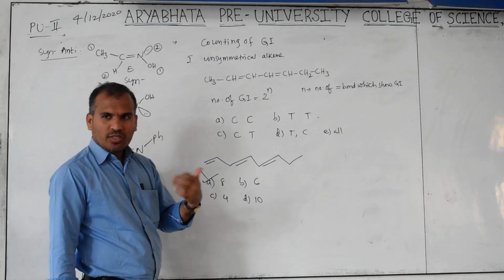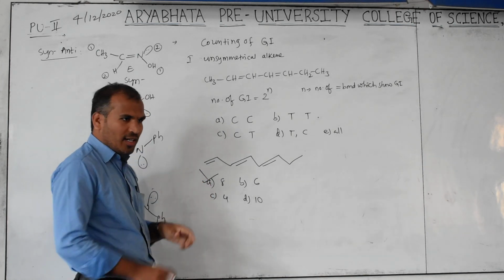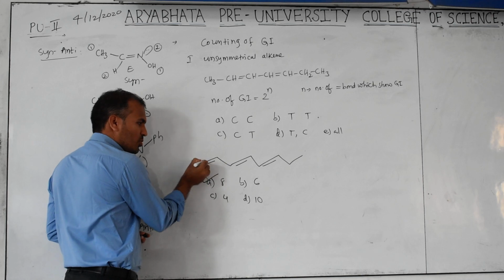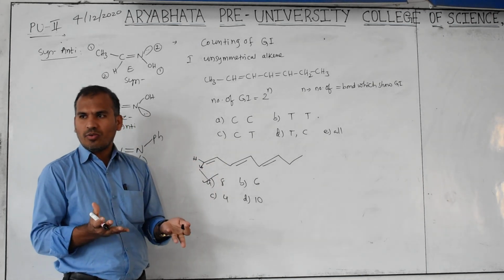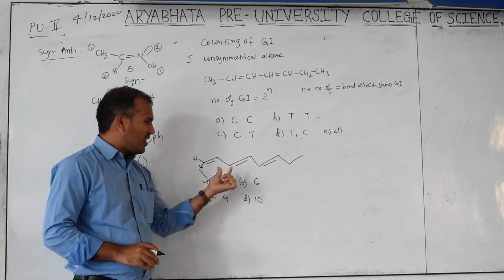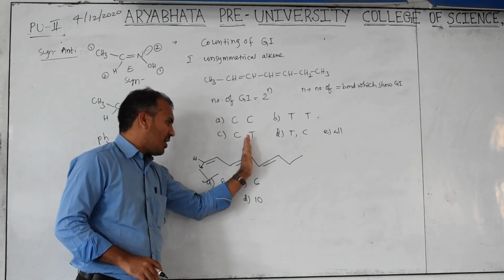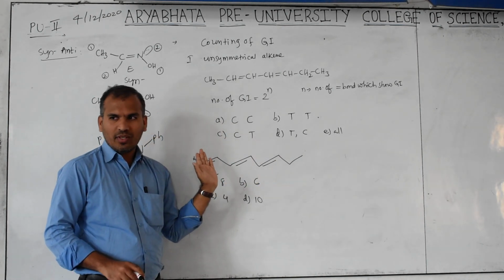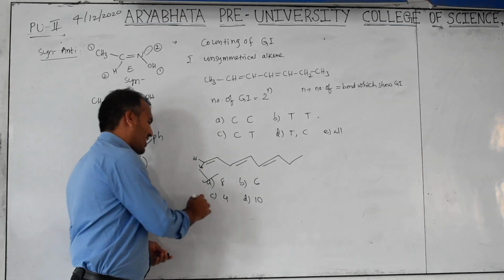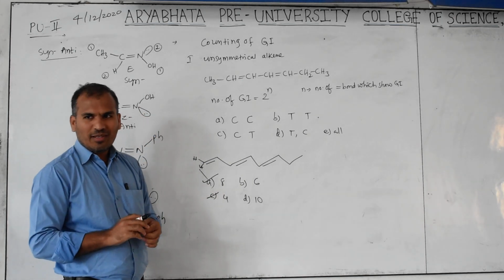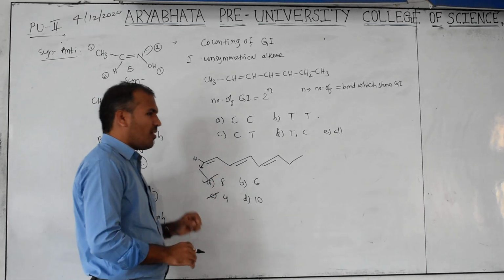How to identify whether a double bond shows GI or not? First find the restricted rotation. Second, check the groups on that restricted rotation. Here the carbons have different groups, not the same. So this will show GI. Then check whether it is symmetrical or unsymmetrical. If you cut it, you get different parts, so it is unsymmetrical only. Then the answer is 4. So simple. One example, like this, how many possibilities are there?